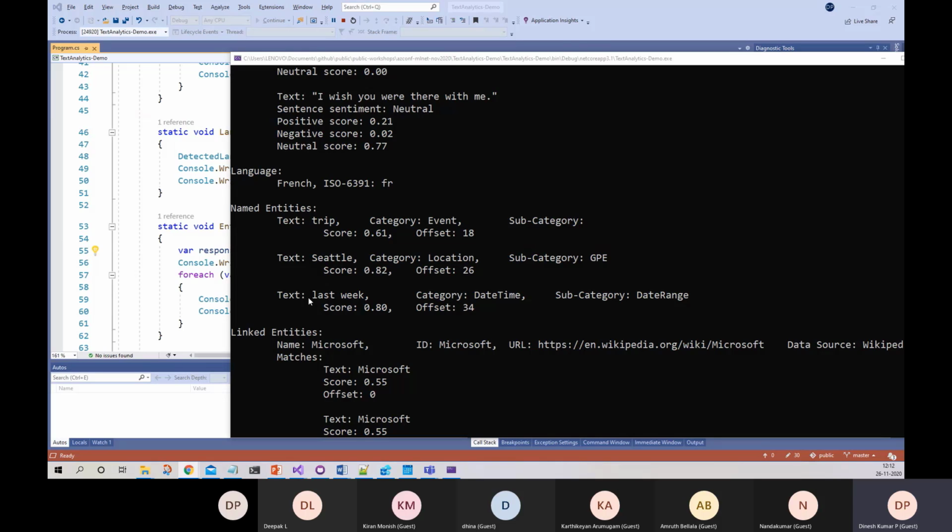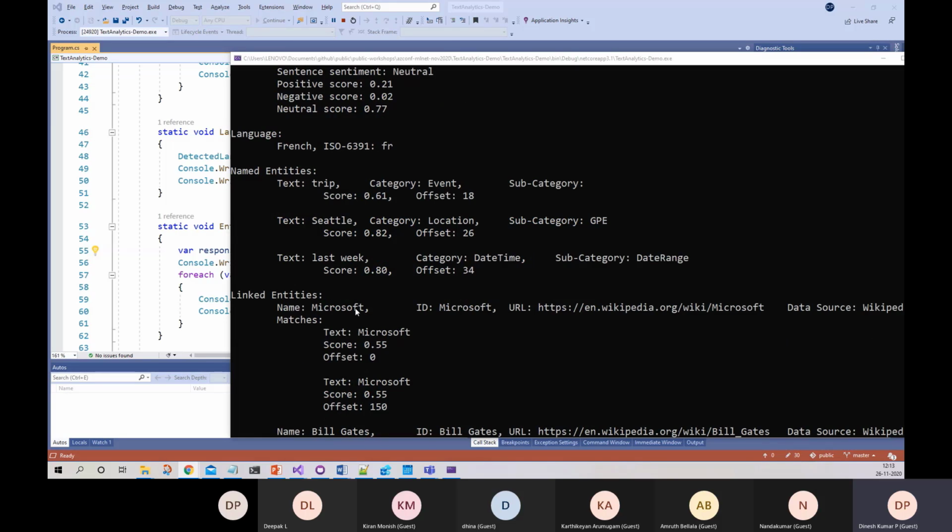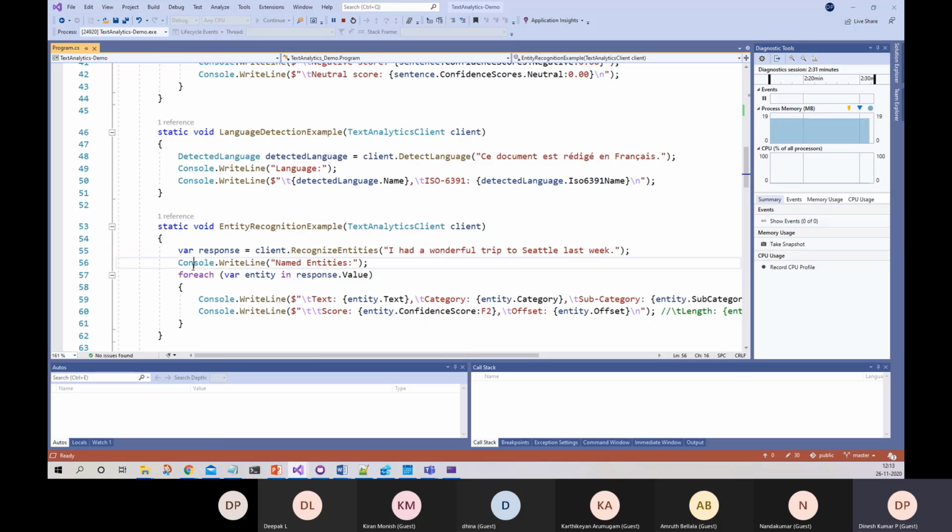And one more word, last week, it has detected as date time. This is very essential, right? Like it is not that good or bad. Sometimes we might need time basis analysis also. So if the text would be having date time, and it's categorized as the exact data type, it will be easy to convert the text into some other format based on it, right? And the next one is